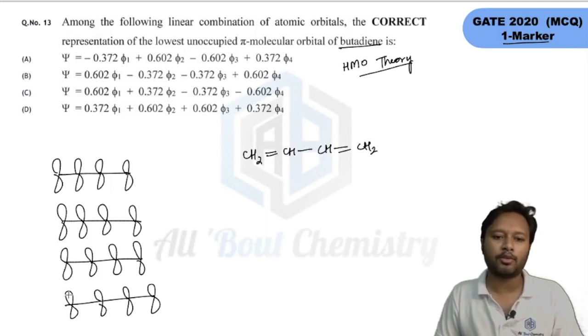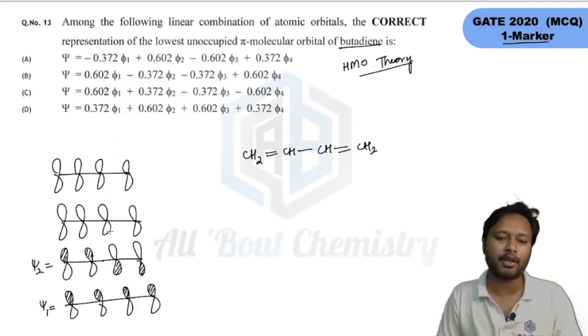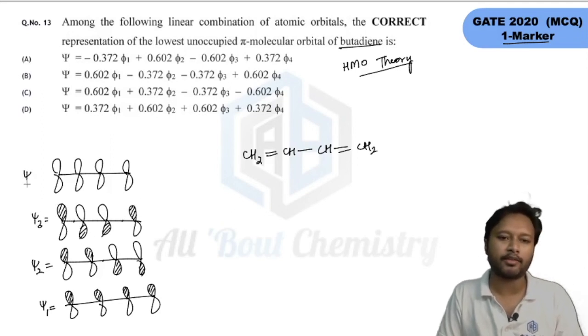Okay, fine. So if I shade the positive part of the lobes, for the psi1 you won't be having any node over here, so your psi1 will be like this. Your psi2 will have a single node, and that means if I draw these positive orbitals, the positive orbitals from here will be in the downward direction because of a node at this particular point. Same goes for your psi3. Here you will be having two nodes, so one node will be at this point, so the sign will change, and one node will be at this point, so the sign will change here as well. And this goes your psi4, and here we will be having three nodes, so first node here, so the sign changes here, then one more node, so the sign again changes, and one more node, so the sign again changes like this.